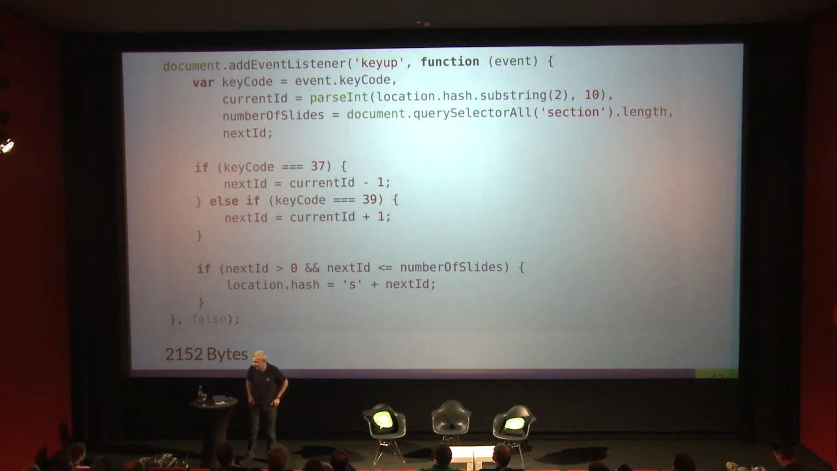I add a key up event listener to the document, and basically if the key code is 37, which is the left arrow key, or 39, which is the right arrow key, I calculate what the number of the next slide is. I get the number of the current slide from the location, and then I add or subtract 1, and if the next ID is at least 1, then I apply it, and if it's smaller than the number of slides, we are at